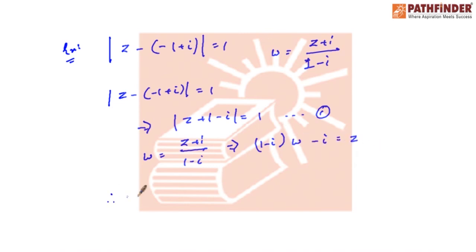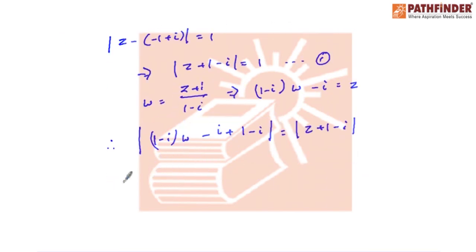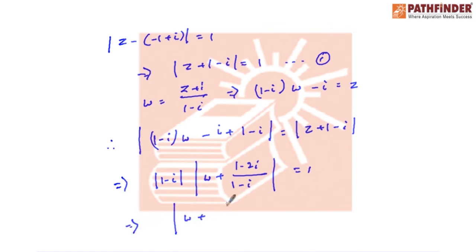And therefore, now we can say mod of (1 minus iota) into (w minus iota) plus (1 minus iota) is equal to mod of z plus 1 minus iota, which implies that mod of (1 minus iota) multiplied by (w plus (1 minus 2 iota) by (1 minus iota)) is equal to 1, which again implies that mod of w plus